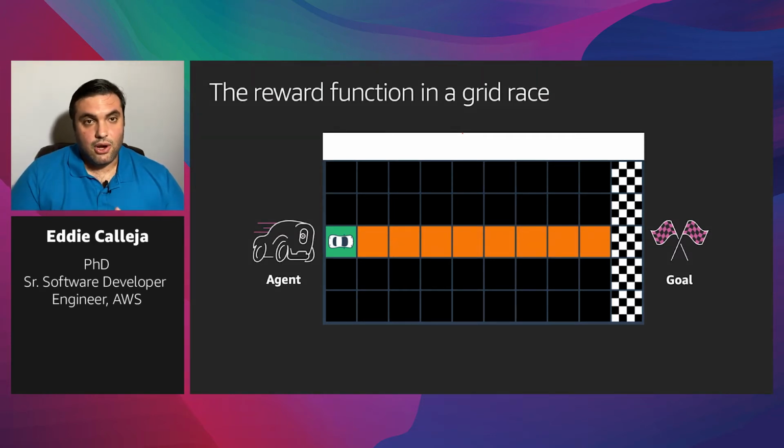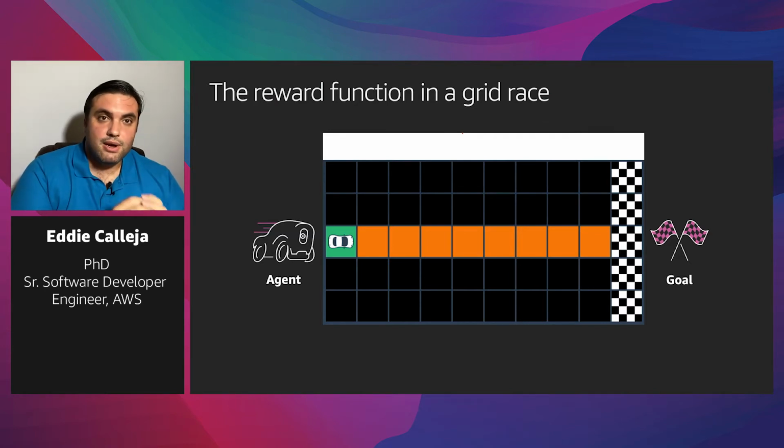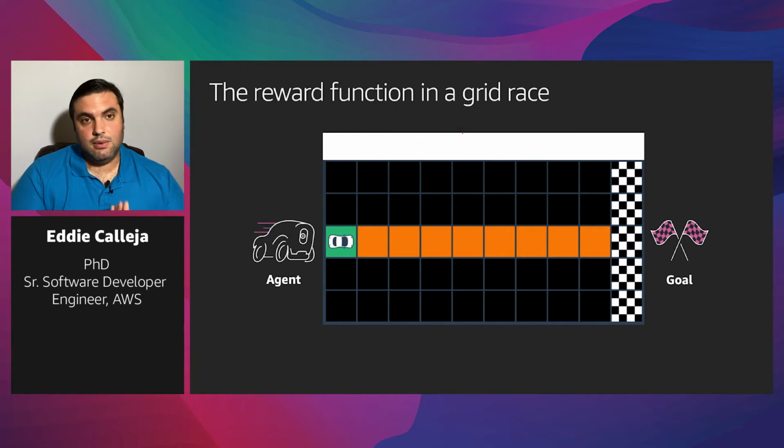And now the car has a very simple, what we call action space, because it can either go to the right, it can go up, or it can go down. Those are the only actions that we allow the car to take. And our job is to teach this car with the reward function how to drive the optimal path, which in this case is, as all of you are probably sitting at home watching, just a straight line across there. So how do we do that?